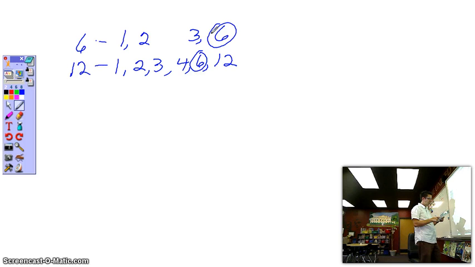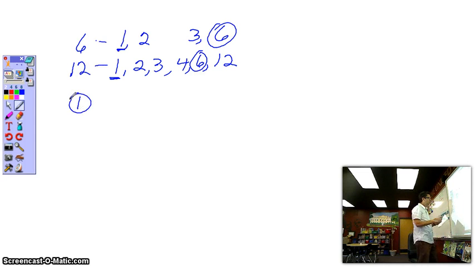What is the least common factor of 6 and 12? Well, that would be the smallest number in both lists, and you can see that would be 1. And 1 is pretty much going to be the least common factor for any number, and we're not really going to deal with that a whole lot. Number 1